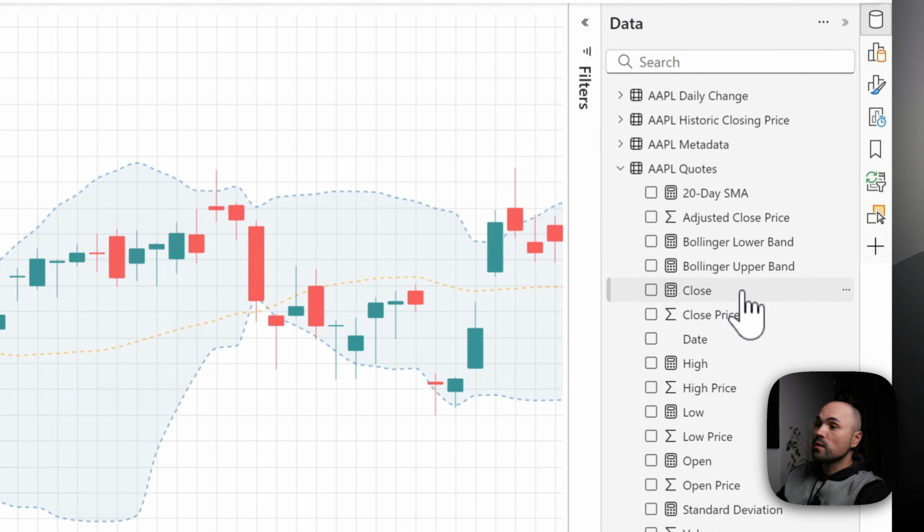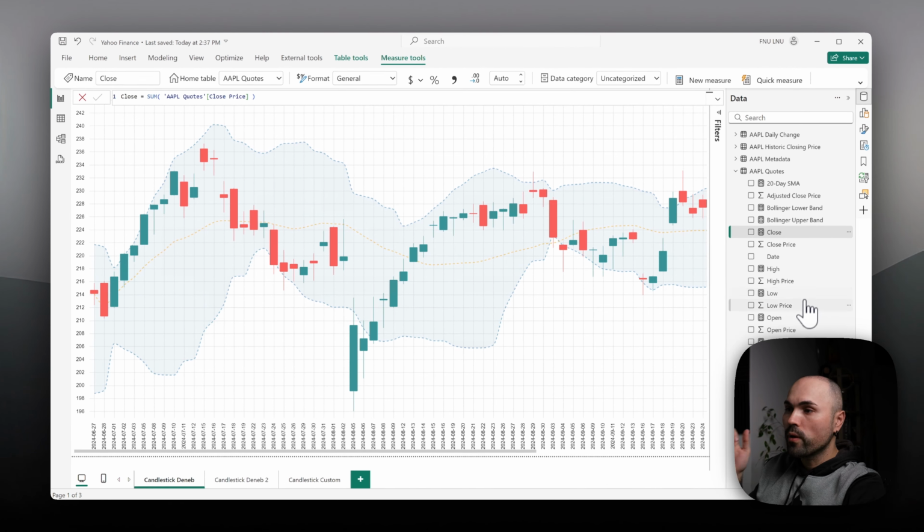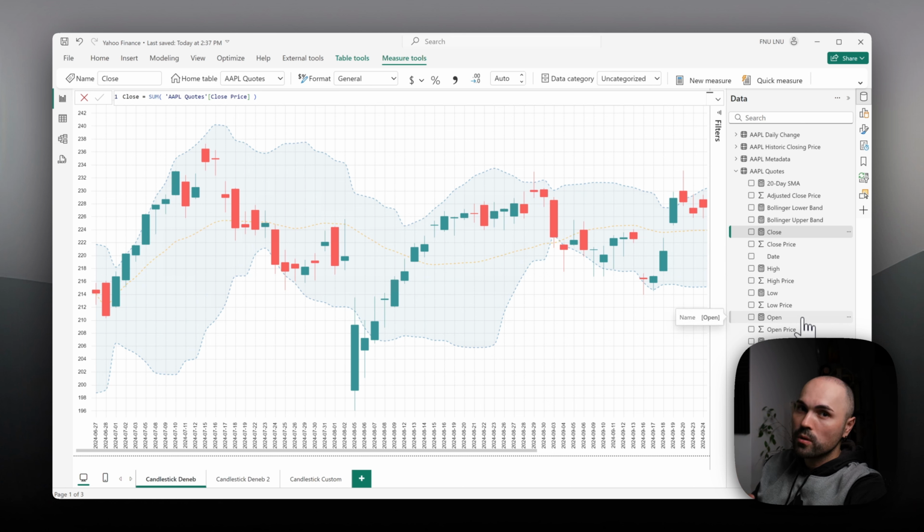So for close, high, low, open prices, you don't really have to make measures. You can use columns. However, I decided to make simple sum measures for those columns. You don't have to though. There are 4 measures that you will have to make. Let's start with